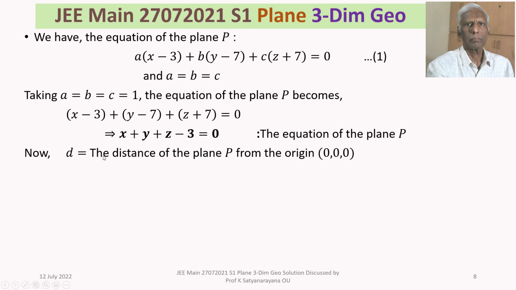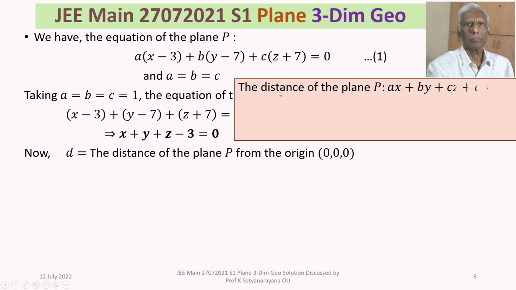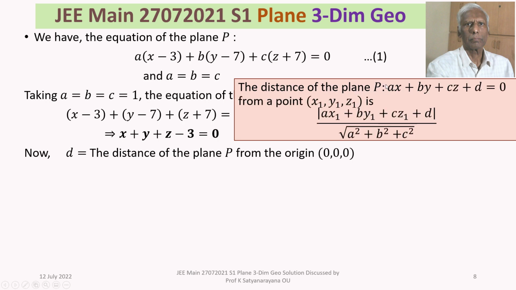So what is the formula we have? The distance of the plane P, whose equation is ax + by + cz + d = 0, from a point (x1, y1, z1) is modulus of (ax1 + by1 + cz1 + d) divided by the square root of a square + b square + c square. This is the formula. So here the equation of the plane is x + y + z - 3 = 0,